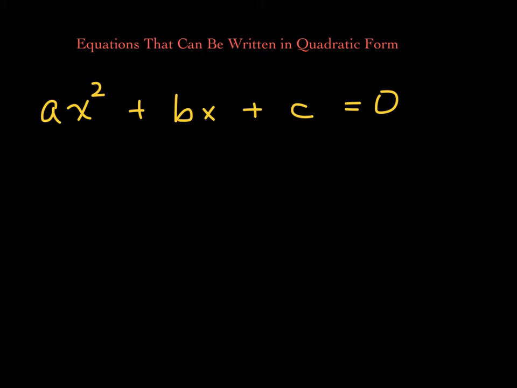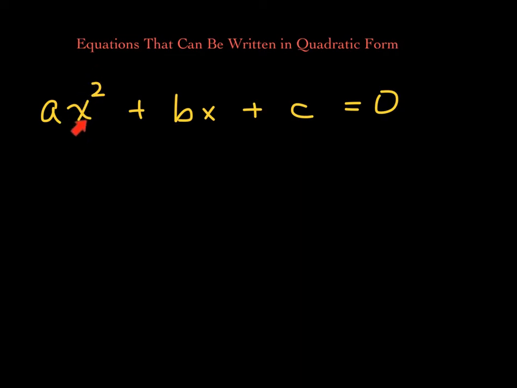Now, what I want you to realize is, look at the variable part of the middle term. This is the first degree term, and look at this middle term. The variable part is x. What do you get when you square x? When you square x, you get x squared, which happens to be the variable part of the first term,